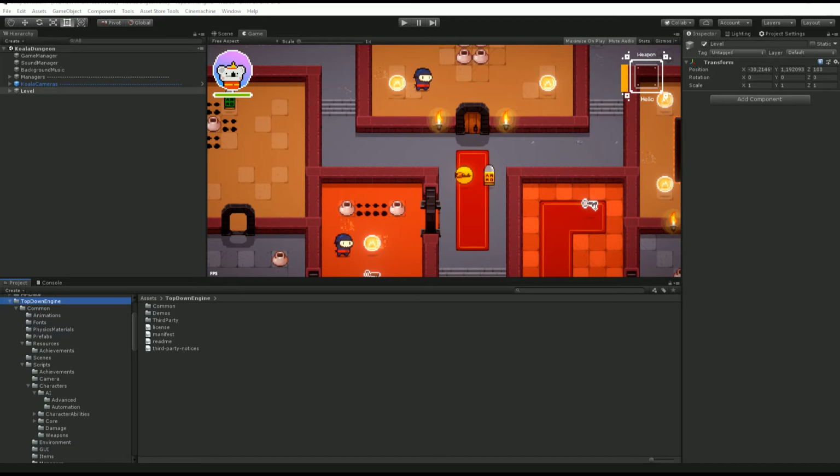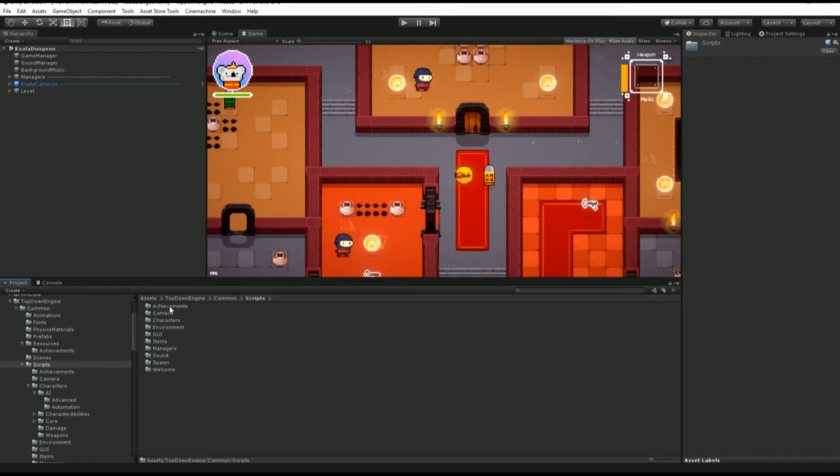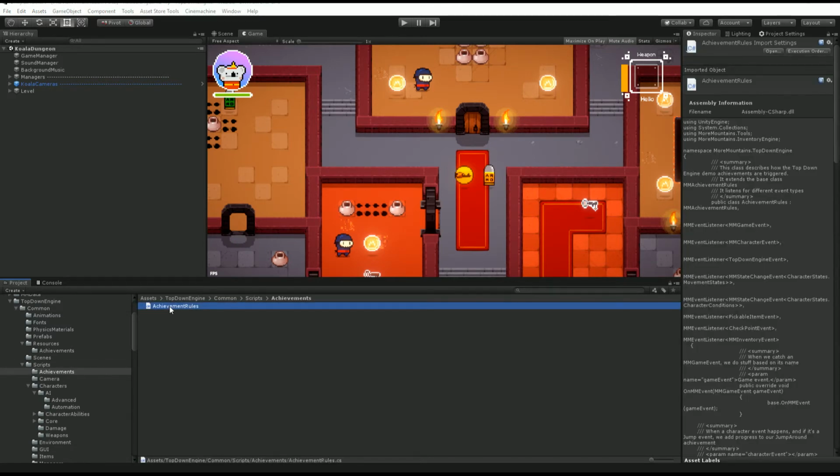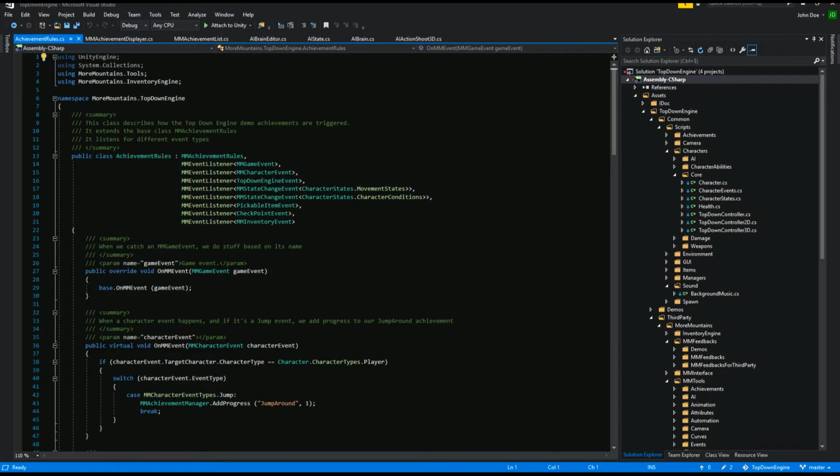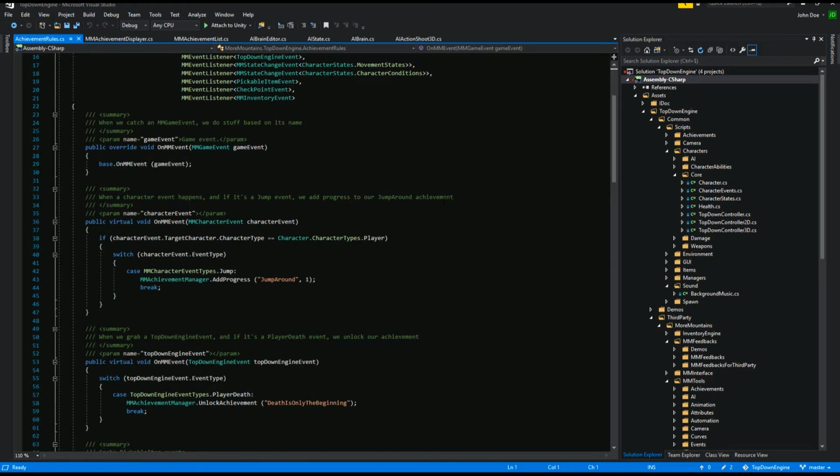So to unlock achievements, it's quite simple and it can be done in basically one line of code. In the engine, if you go to common scripts, achievements, and open the achievement rules, you'll get this,